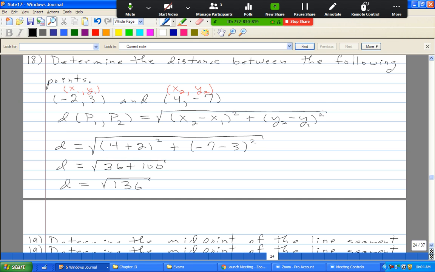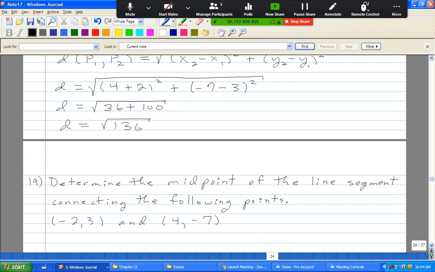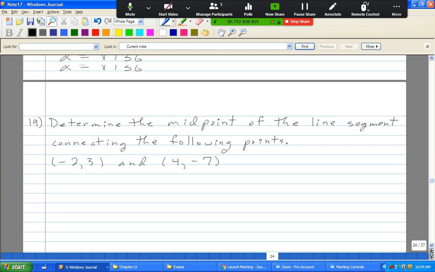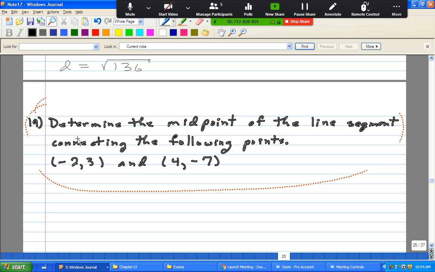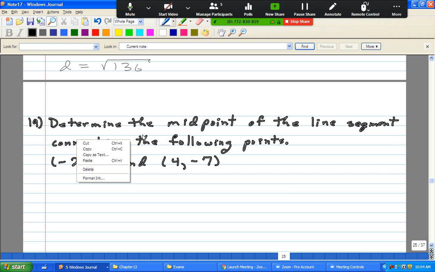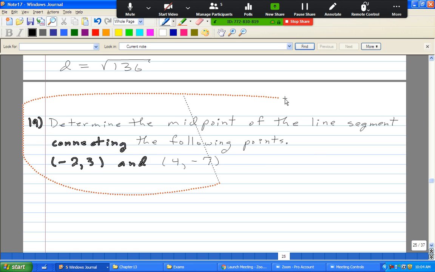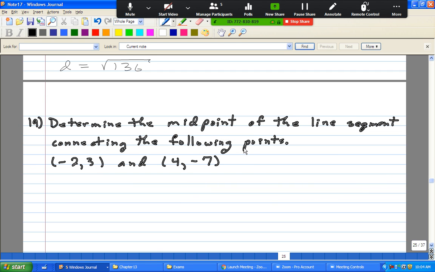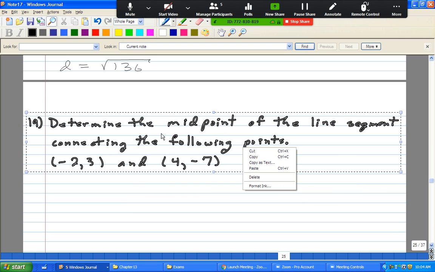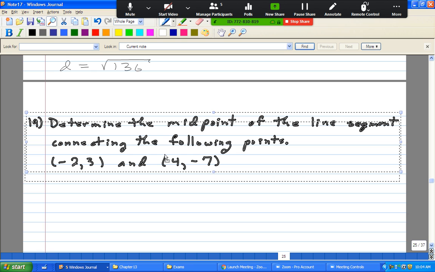I can simplify that. And so let me factor out a 4 from the 136. 136 divided by 4 is 34. And so this is just equal to,